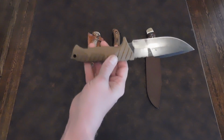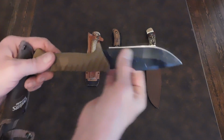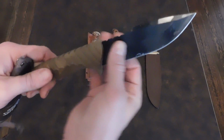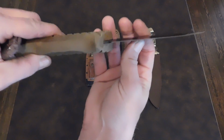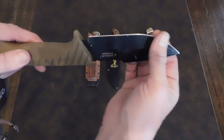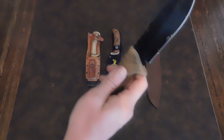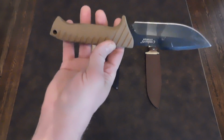And what I really like about this knife is the blade is titanium bonded, which means basically it has a titanium alloy bonded to the outside of the knife, and that makes the blade a little bit stronger. I've had a lot of good luck. As you can see here, it has a thinner blade, so it's going to be very sharp. Every time I sharpen it, I get a really good edge out of it, and it holds an edge for quite a while. This knife I've used quite a bit, several years I've had this, 5 years probably, and the